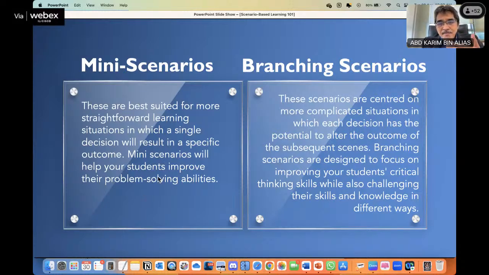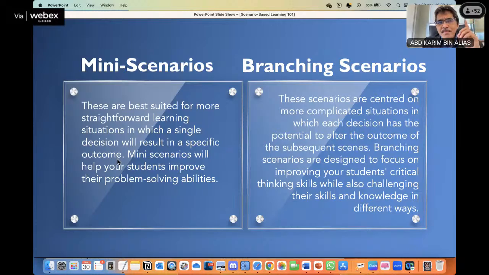So I will start with the first example. We will look at the first example, and then we will build the scenario together. I want to focus more on mini scenarios. These are best suited for more straightforward learning situations in which a single decision will result in a specific outcome.